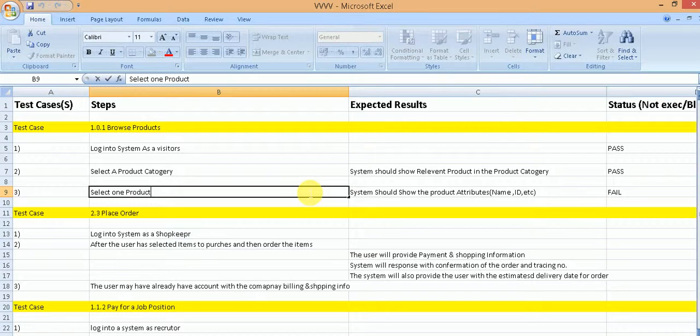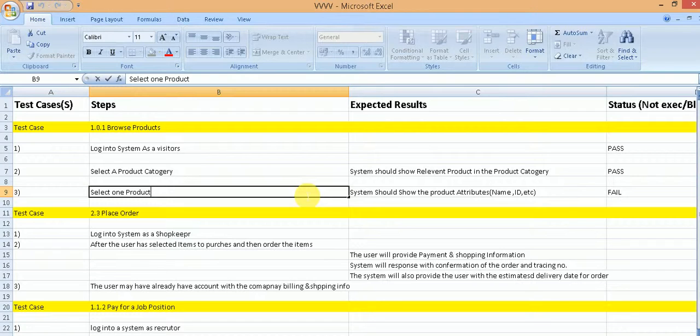So let us say the system shows the item name in full, the item price also, delivery days also, but it does not show the tax on this purchase. So there is, we can say, a minor failure. Not even the entire expected result is failing, just a part of one expected result is failing over here.